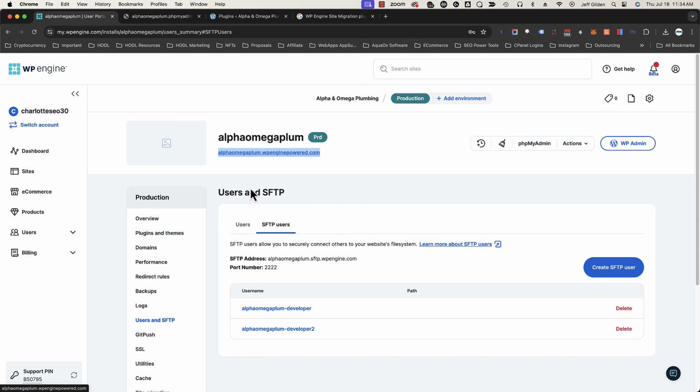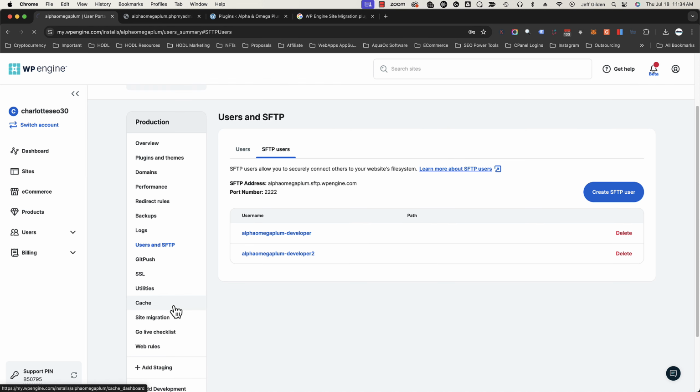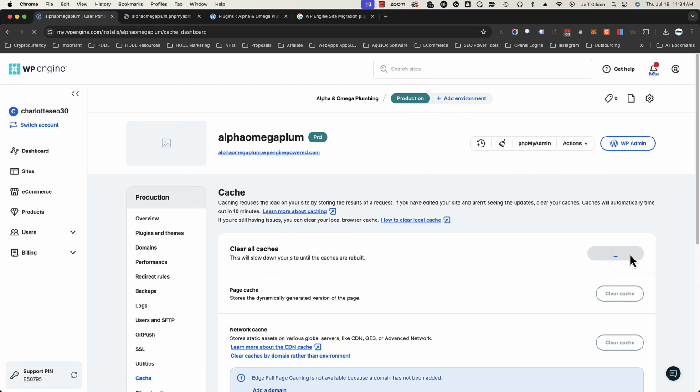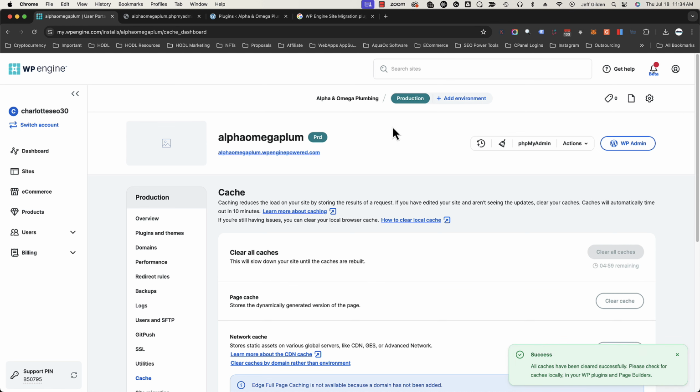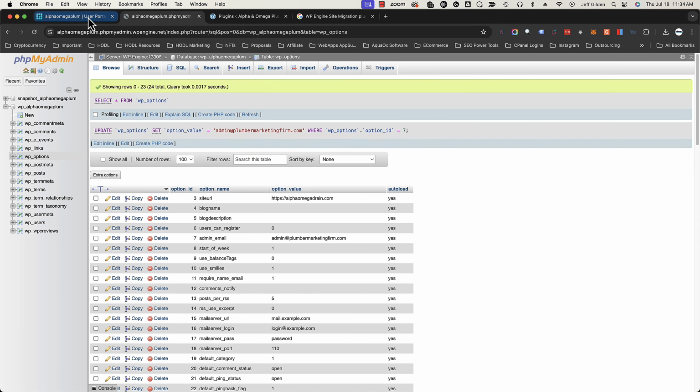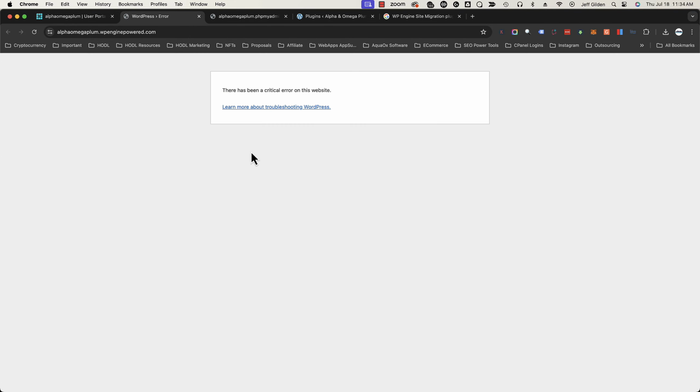And now when we go, let's clear the cache first. We're going to come in here and clear all the cache. And once that is done, we should be able to come here to the site. Okay, there's been a critical error on the website. That's completely fine. It's probably a caching